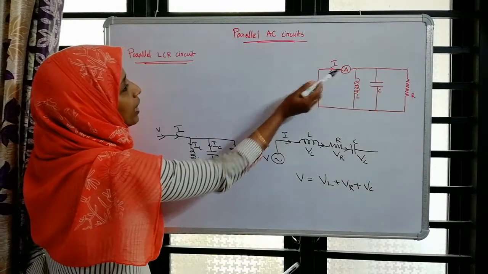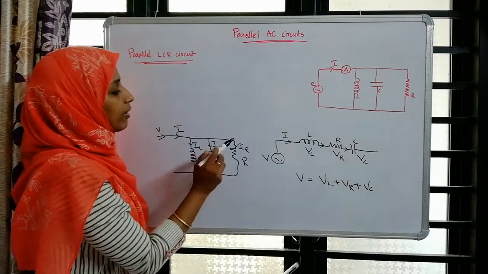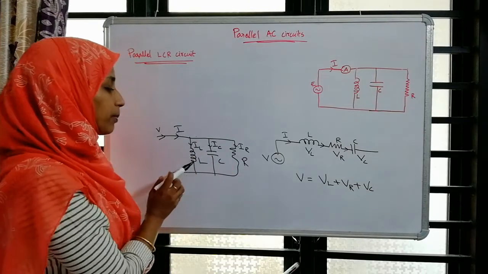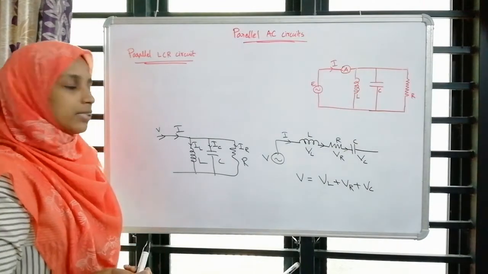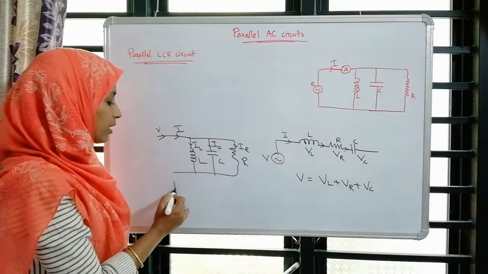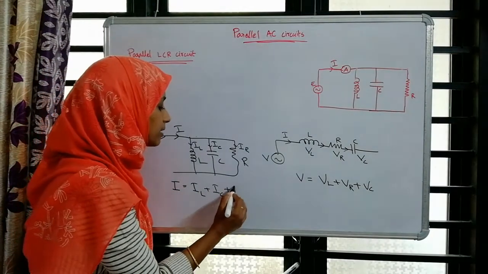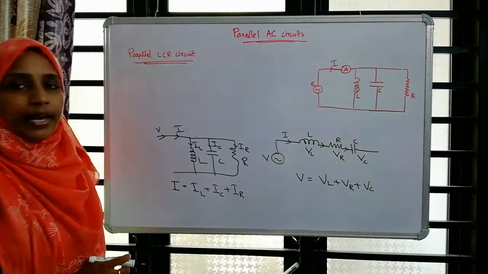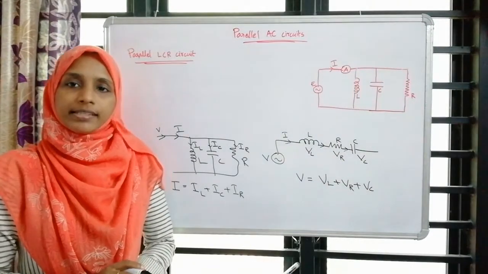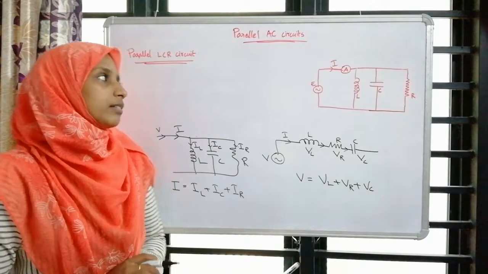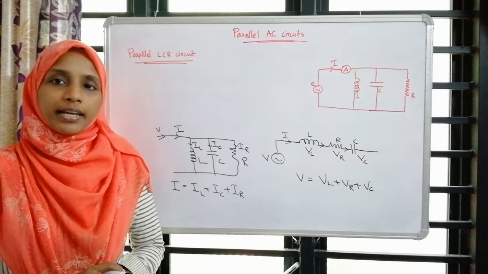That's why here we use an ammeter to calculate the resultant current, and the current will be distributed among the parallel components, inductance, capacitance and resistance, or any LC or LR parallel circuit which we are considering. So here the resultant effect is IL plus IC plus IR. Remember these things while dealing with series and parallel AC circuits, then we can derive these problems without any help.